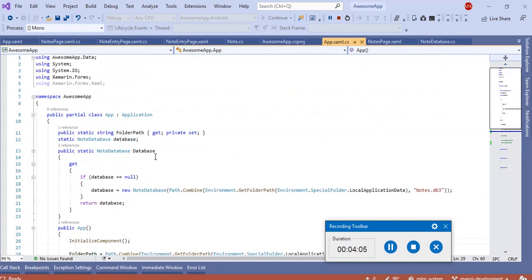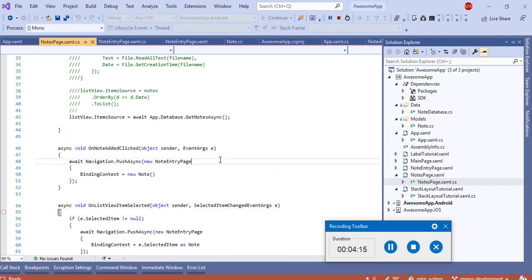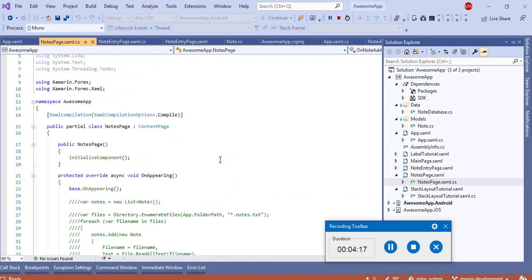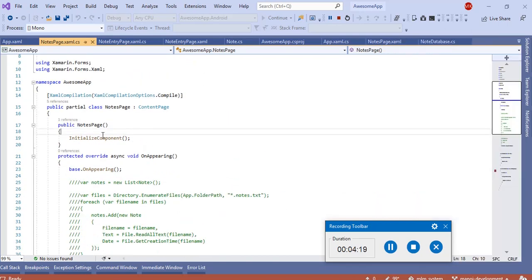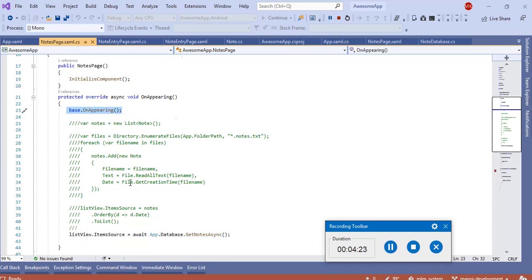So this is the structure. In the notes page I am initializing the components, and whenever my application is appearing, in Xamarin there are some async methods, so whenever any page is appearing, you can write your methods.